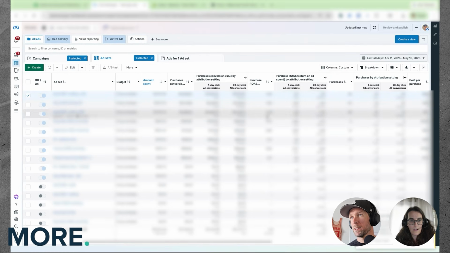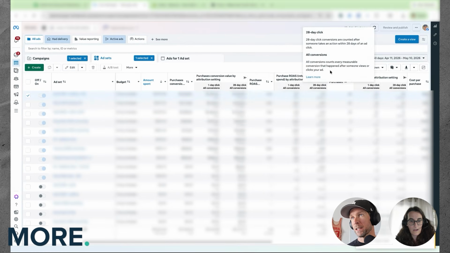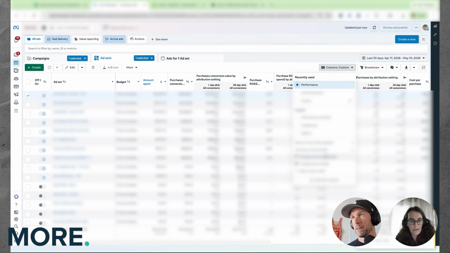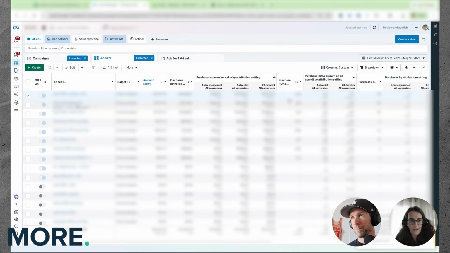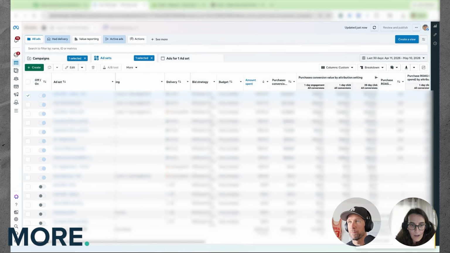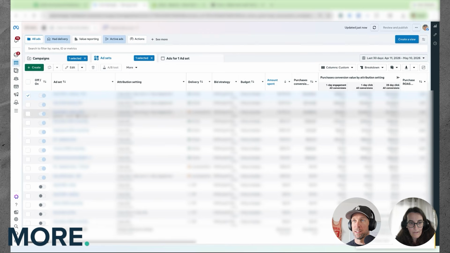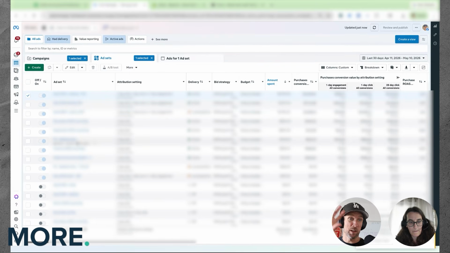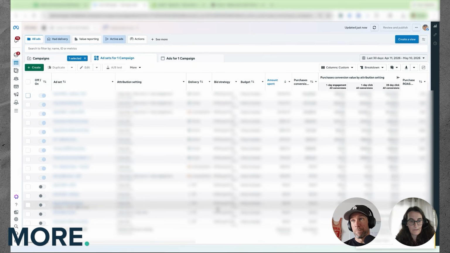It's not too crazy in here, but this is why I have that distinction between click and view. It's pretty small for you, but I would get rid of the view conversions on these ones and add engaged view, and then I would duplicate the whole thing to the bid cap. That way, it's all the exact same attribution. Got it. If nothing else, you're comparing apples to apples that way. That's what I would do.